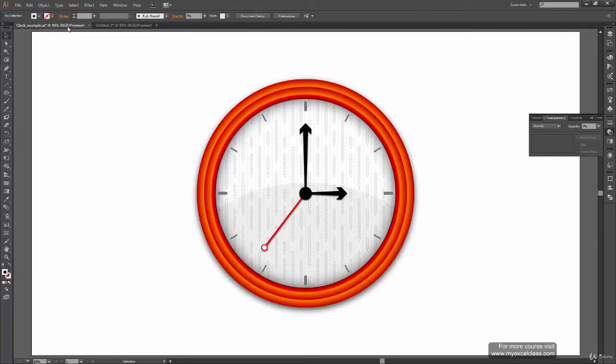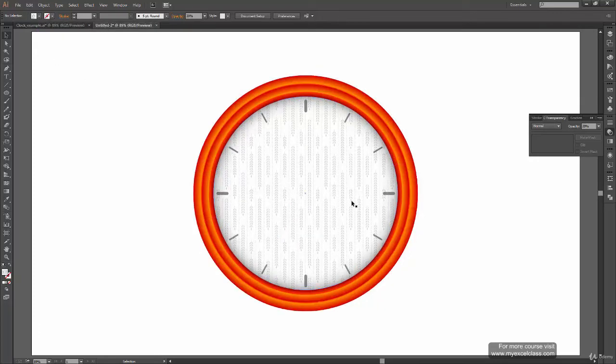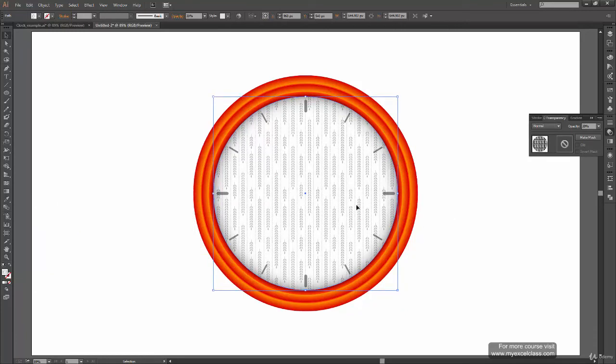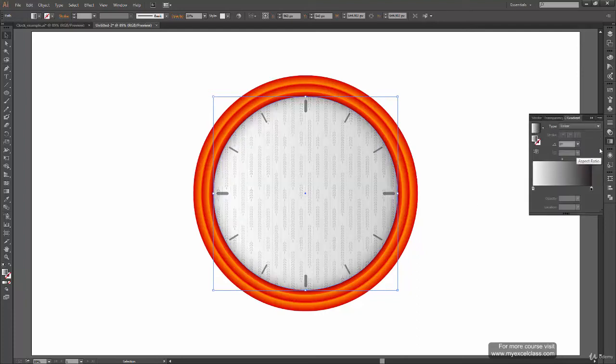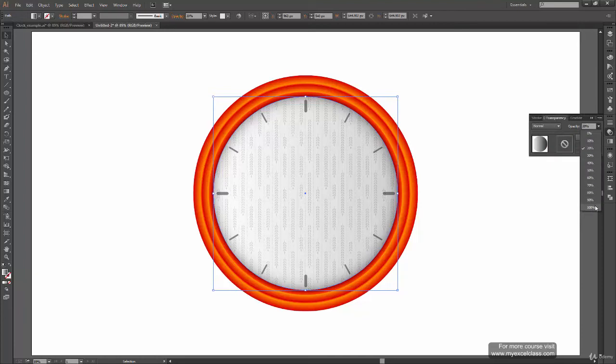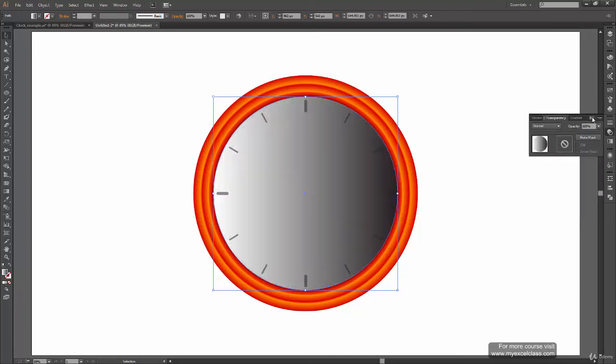Now the next thing we want to achieve is this reflection. So again, we can achieve this by using our gradient. So we have the shape now. We can just copy and paste the shape again, Control C, Control Shift V. And you can notice from the change that the darkness of this pattern has just increased. If I remove this, you can see it's very dull. So you can make out that yes, it has been copied again. Okay, so let's say this time we are gonna fill gradient color inside this, and for that let's reduce transparency also and make it 100% opaque.